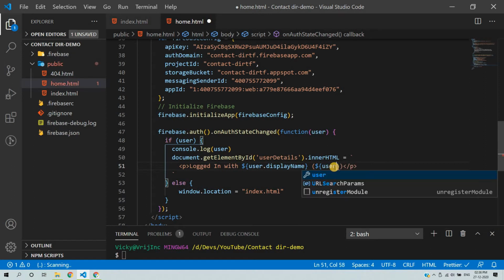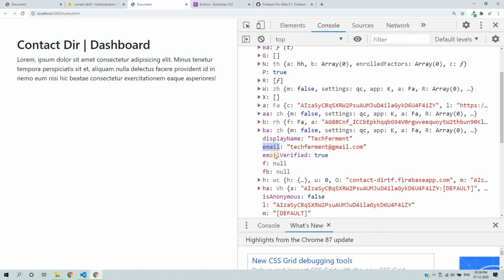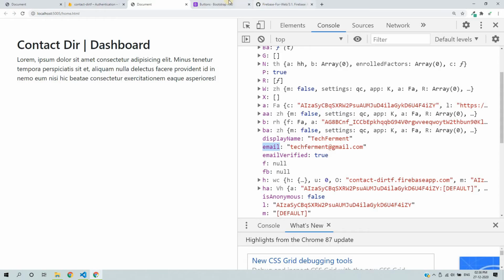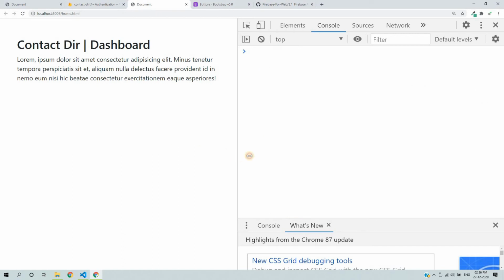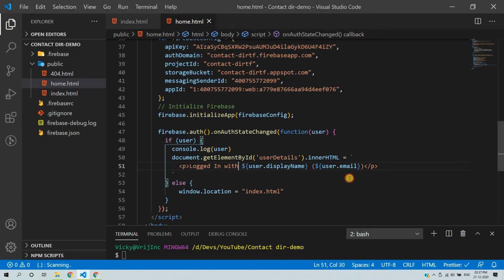So user.email, because we have a JavaScript property in the object, and we'll save and then reload this page. Yeah, so the user is successfully logged in with this account, and we can also print the image. So we can add an image here.